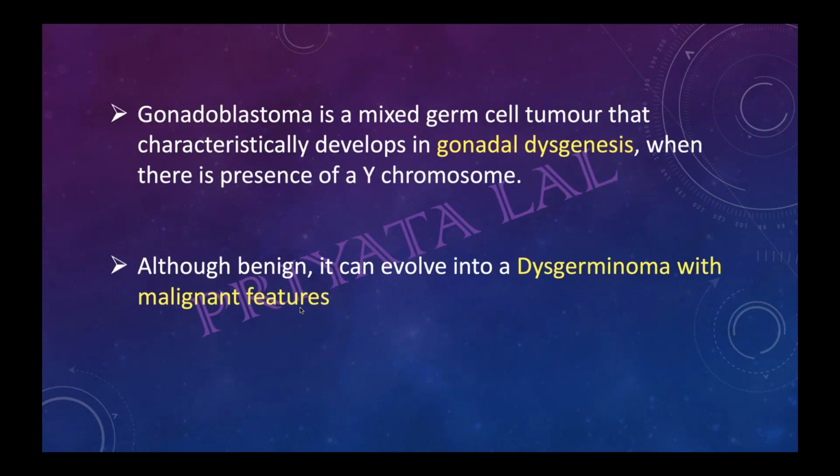Apart from this, you may get a question like, if a dysgenetic gonad is there, sometimes gonadoblastoma and dysgerminoma can both be there. So when patients come with a dysgenetic gonad, the possibility of these two tumors is there. Therefore, if you have read about androgen insensitivity syndrome, usually we offer them a gonadectomy. Why? Because we are worried that gonadoblastoma or dysgerminoma can come, so we remove their gonads. It happens in dysgenetic gonad. This is just an example.